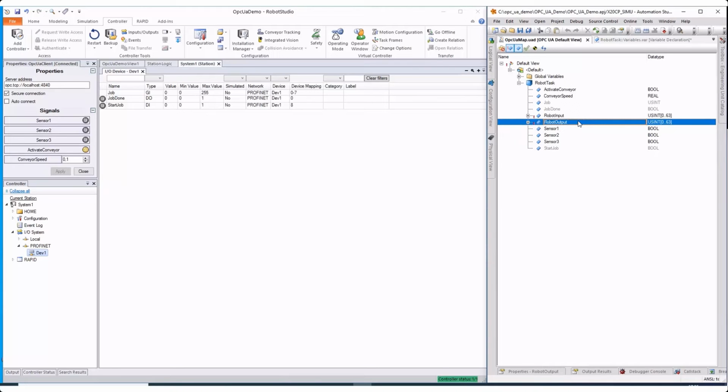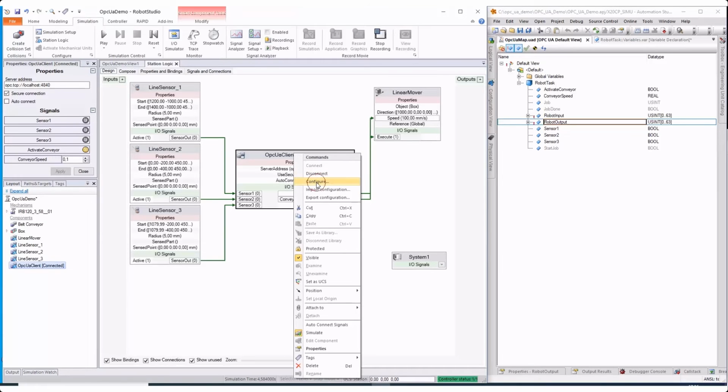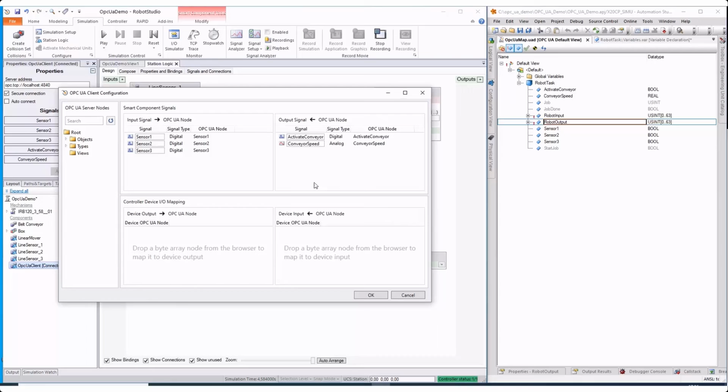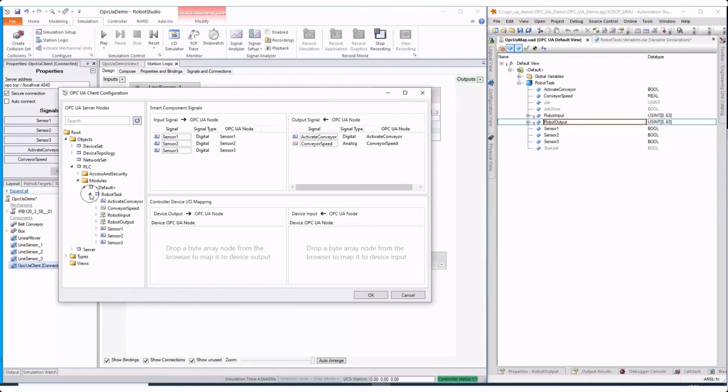Open the configuration window again to map the input and output of the I/O device dev1 to the robot output and robot input variables. Find the robot input node in the OPC UA node browser and drag it to the device output list. Select dev1 from the drop-down menu.